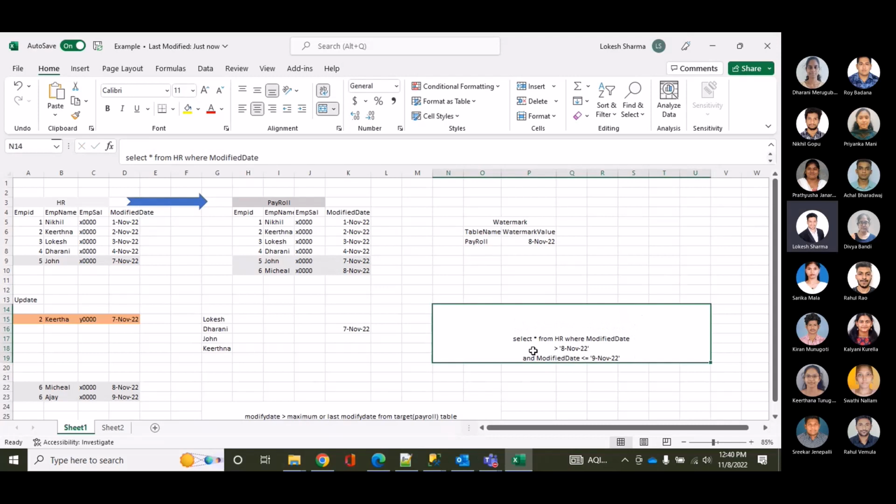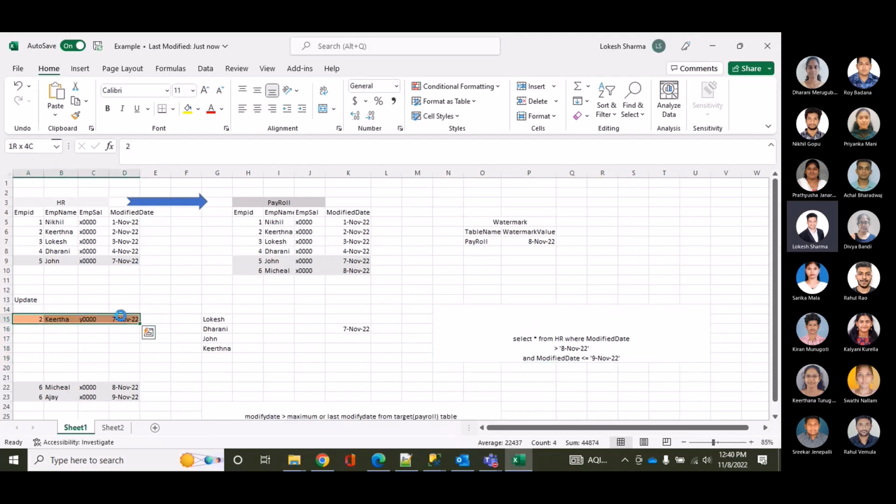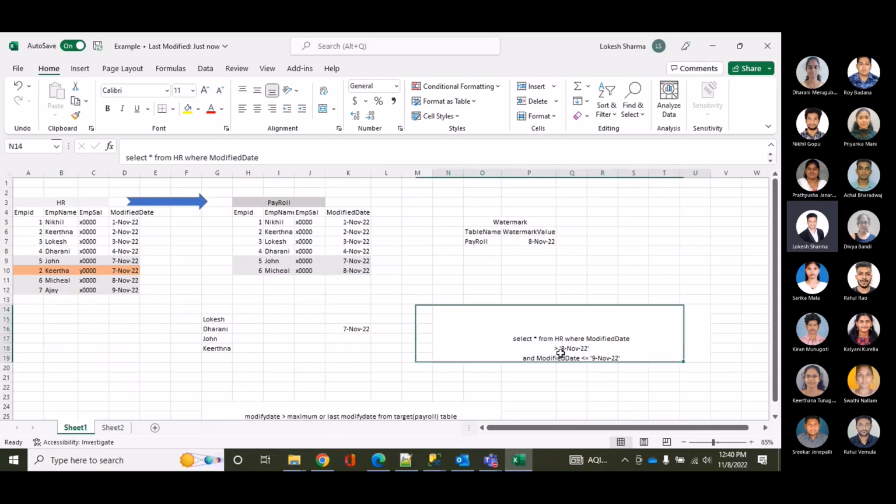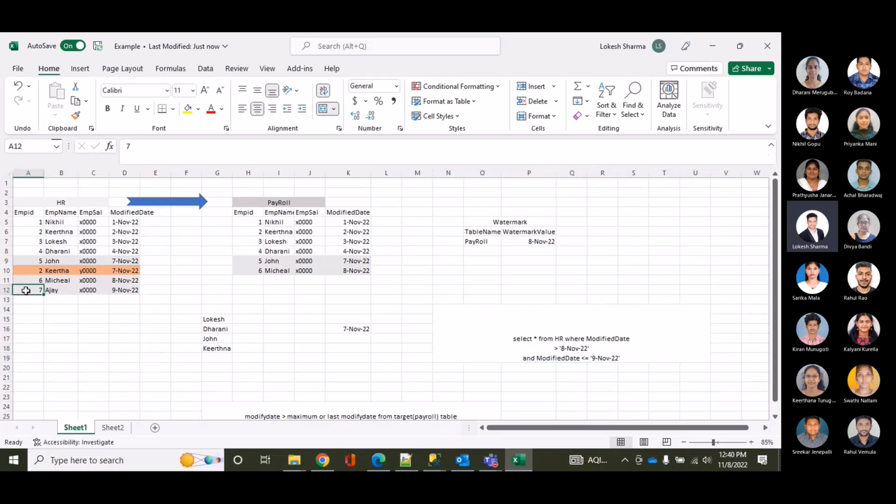So this is how our query looks. If you query this table based on the data that you see here, maybe let me put all this in a single line or side by side. This would be 7. So this is our source table. Once you fire this query on this source table, you will only be able to get this record, Ajay's record,